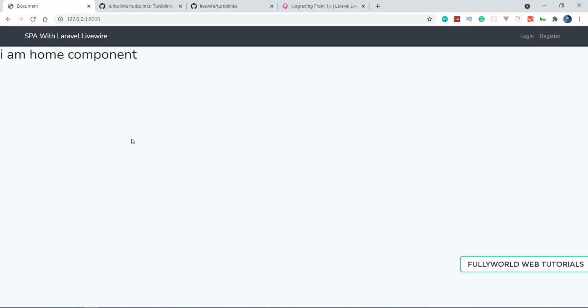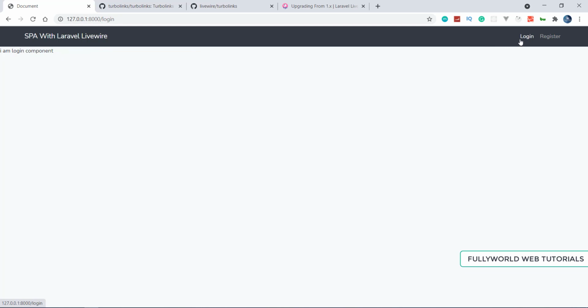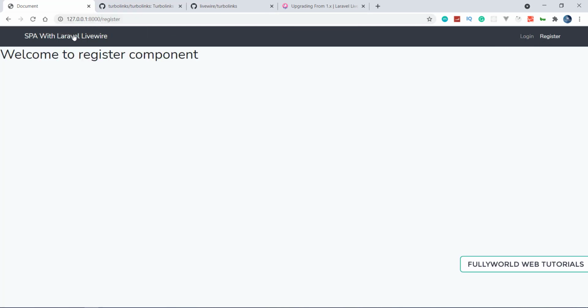First of all, we will start with the login system. In the next video we will first register the user. See that whenever we click on login or register, sometimes a loading indicator also comes. That is very good. So for today this is enough.